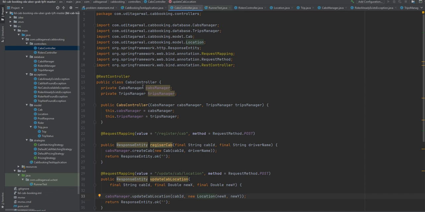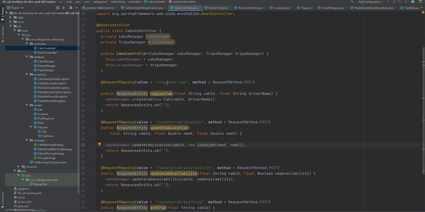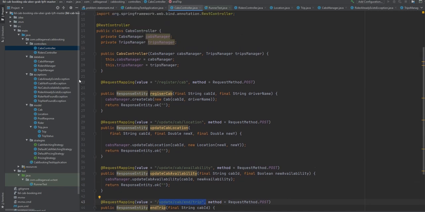Cabs controller is responsible for handling requests for a cab. We have to register a cab, update the cab location, and update the availability of the cab, like when the driver wants to switch on or switch off his device, and when the driver wants to end the trip. So these are the basic functionalities that we require for a cab.